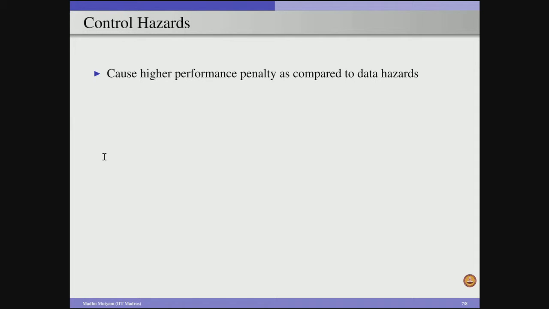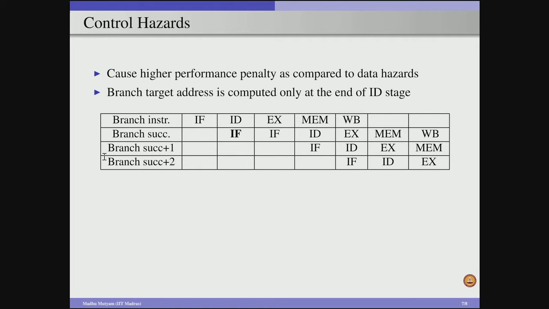we will consider the control hazards. We know that the control hazards are mainly because of the branch or jump instructions, which alter the execution of the normal flow. As compared to the data hazards, the control hazards are going to incur significant penalty. Our overall performance can be degraded significantly if we do not take care of the control hazards. Because the control hazards